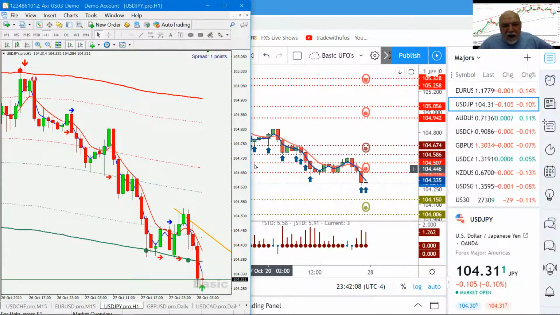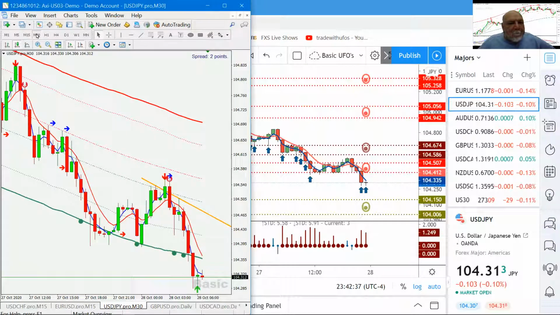So here's what we see in the 1 hour. This is USJPY. Here's what I'm seeing. Here's this little kind of doji right now, down here. And you can see the profile. The profile is still very strong to the downside on the 1 hour. Okay. So let's go ahead and look at the 30-minute here. And I've got the same situation here, starting to turn around a little bit, and we'll go down to the 15-minute.